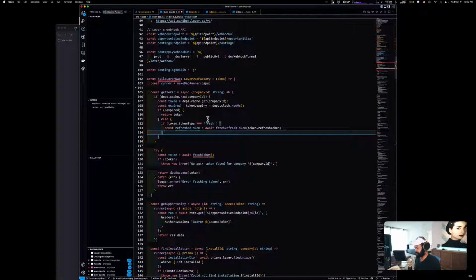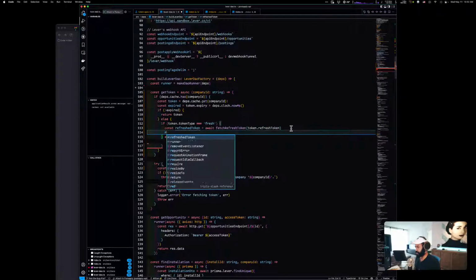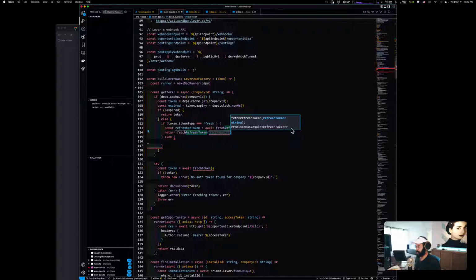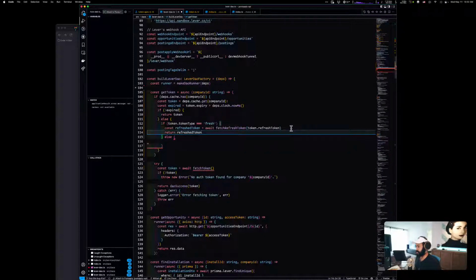Oops. Otherwise, oh, and I'll just return whatever this token is. So we'll just say return refreshed token. Oops. Yeah. And then here,